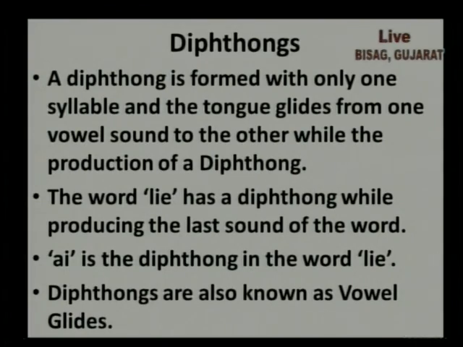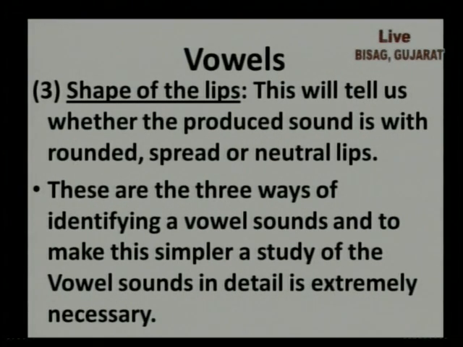Now there are three types of sounds when you talk about the shape of the lips in vowel sounds. When you stand in front of a mirror, you will notice three shapes. It will be either rounded, neutral, or spread. For example, for a rounded shape, you can take the vowel oo. When you speak oo, the shape of the lips is rounded. The spread shape is when you speak e, it's spread. And when you speak the vowel a, the shape of the lip is neutral. So that covers the shape of the lips.